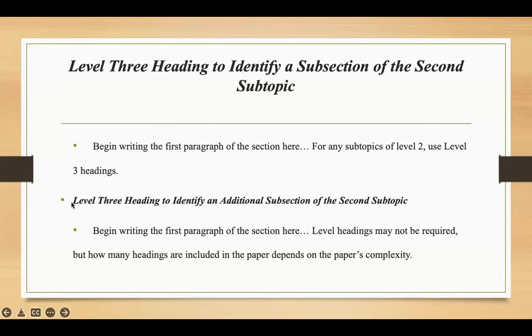So for level 2 headers, I said, write it just like level 3. Level 2, the only difference is that it is in italics, just like this one. Level 3 headings are used to identify an additional subsection of the second subheading. So Wairimu shared level 1 as attachment theory, or coping strategies, stress coping strategies. But here we're talking about stress. She's defined stress as level 1. And then she comes to level 2. She's talking about